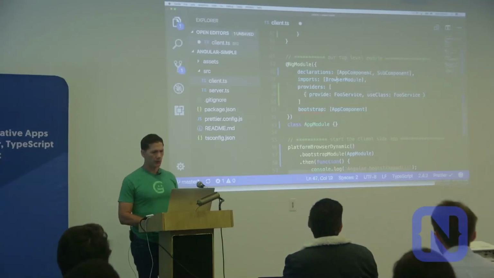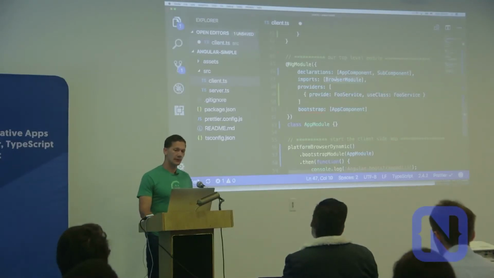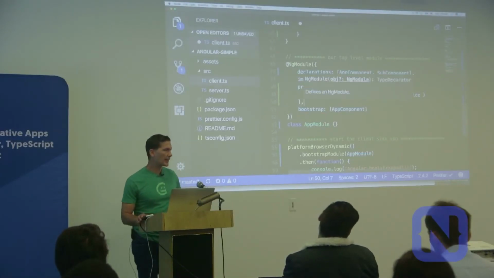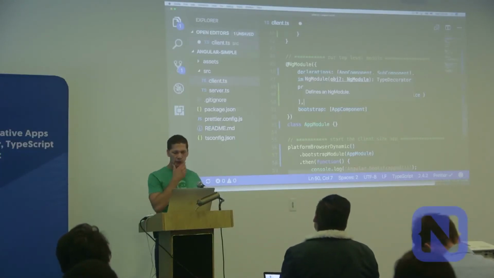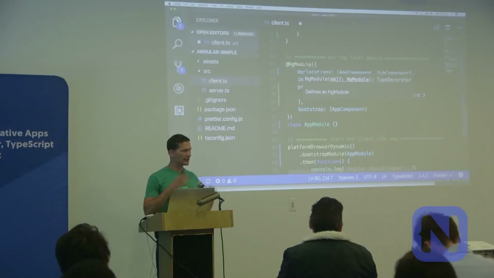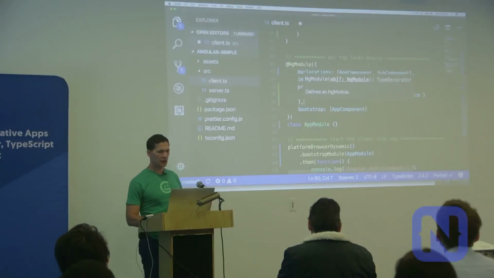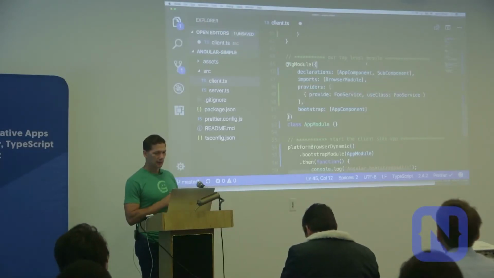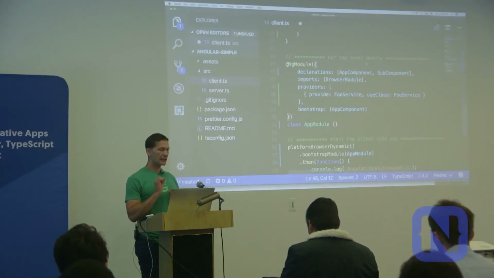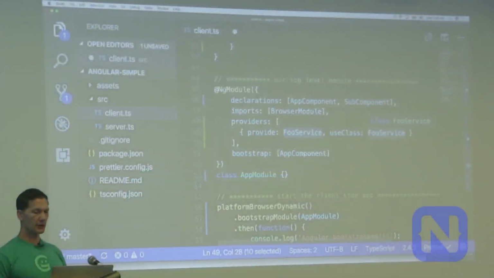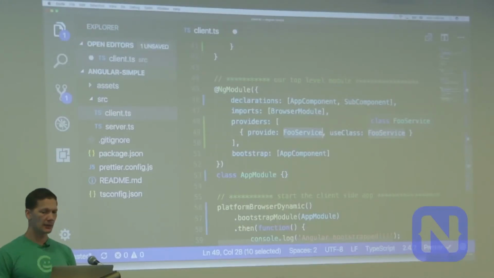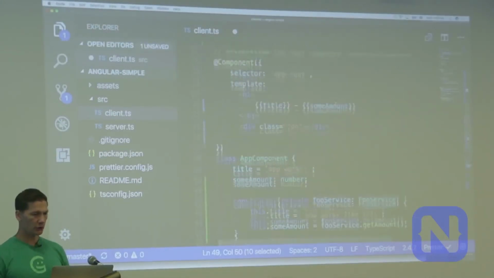So the Angular DI system is awesome. They did have DI in Angular 1, but it was pretty junky. It caused a lot of issues. It was the reason why you had to put a lot of extra cruft in your code to make sure that your minimized code didn't break. But the Angular DI is super powerful because you can use tokens, like that's what these are. You're saying, whenever you see foo service, use this thing. In this case, we're using the same thing, but we could have an alternative.